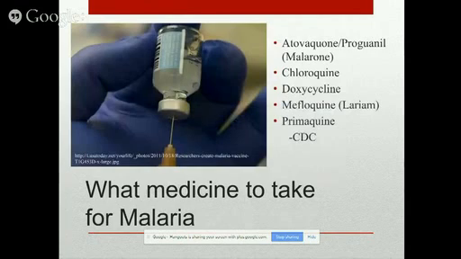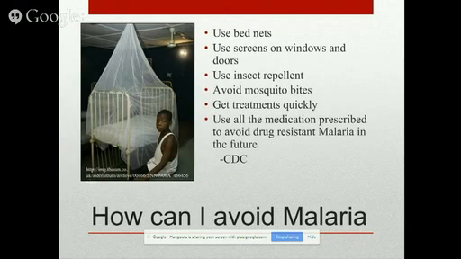What kind of medicine to take for malaria? There's a lot of drugs out there that say they are for malaria, but they're actually not. And if someone takes these, it can make the malaria a lot worse and even drug resistant. So we would tell them exactly what kind of drugs to take. And according to the CDC, these are the main drugs that are used to prevent and cure malaria.